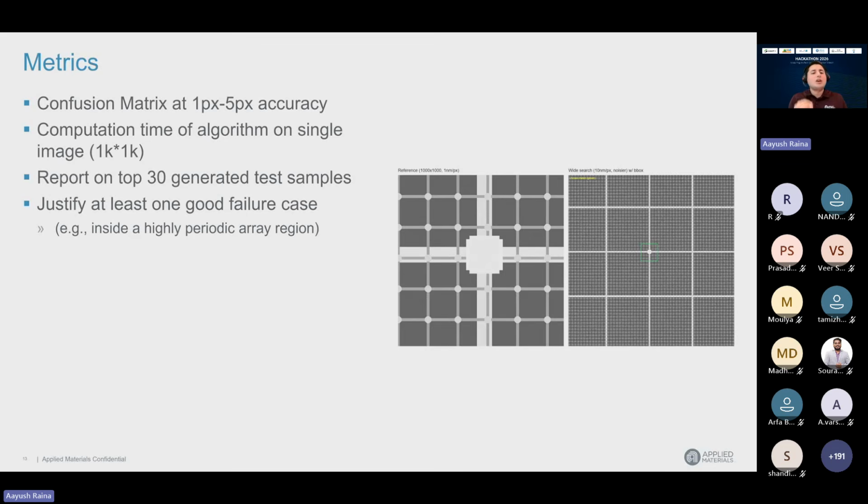Same thing here. If you set a threshold at 1 pixel, that means you don't want to make any error. If you set 5 pixels, you are saying that at least I found some location which is close to it. That is the liberty you are giving in the confusion matrix. Does it make sense? You can put it in GPT or other AI chatbots, and they will explain in depth how this works.